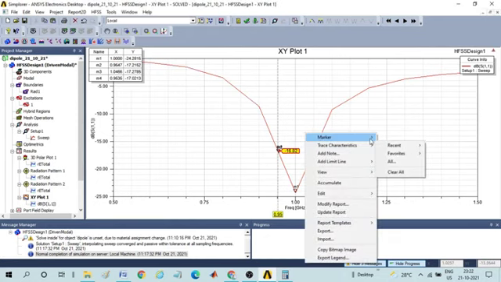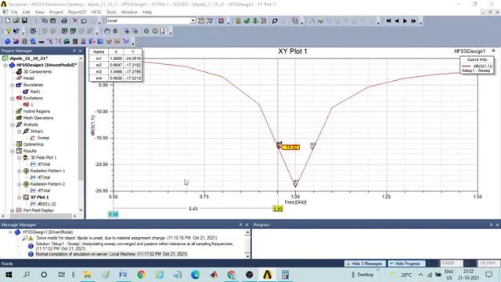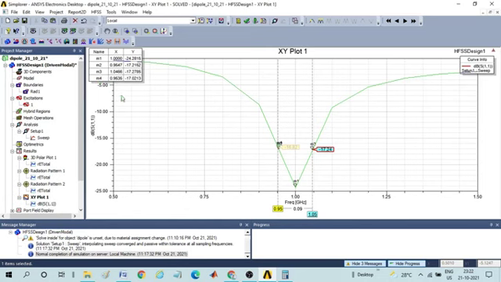Again go to add X marker. Now again move it till M3. Okay. So the difference between these two will be 0.09 gigahertz. You can select M4 and delete it because it is the same value. So you can see 0.09 gigahertz is the return loss bandwidth.